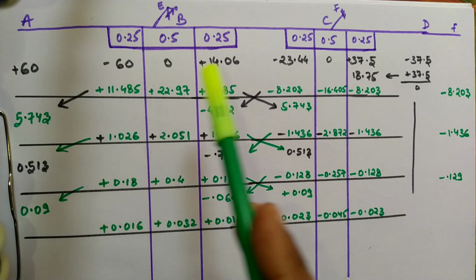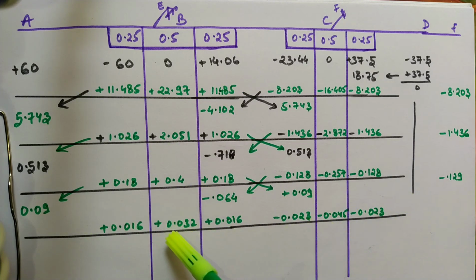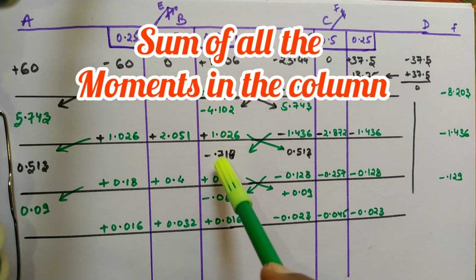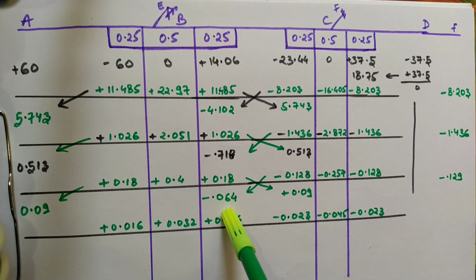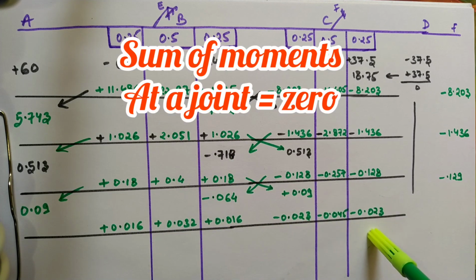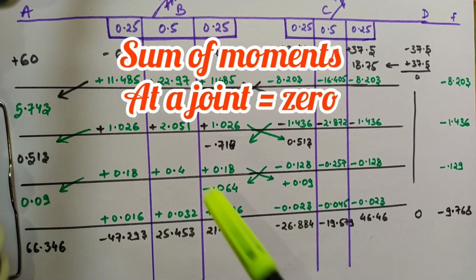Again we'll be going for one more cycle, one more iteration we have done. Negative we have done it as positive here और ये पॉजिटिव था तो हमने नेगेटिव लिख लिया है, हमने डिस्ट्रीब्यूट किया है. हमने 4 इटरेशंस कर ली हैं. 4 इटरेशंस करने के बाद हम क्या करेंगे, 4 इटरेशंस करने के बाद हम इनको कैलकुलेट करके देखेंगे that the sum has to be equal to 0 at one joint.